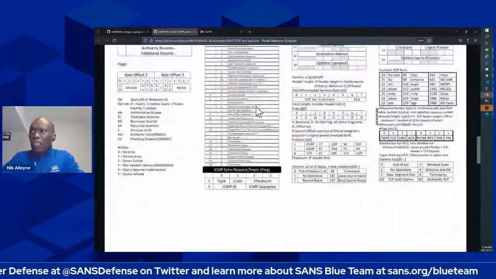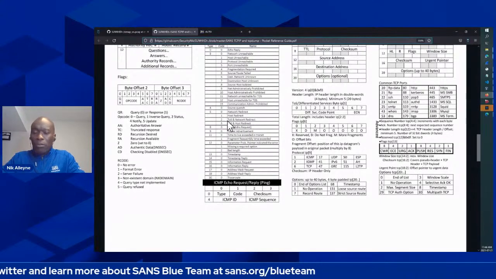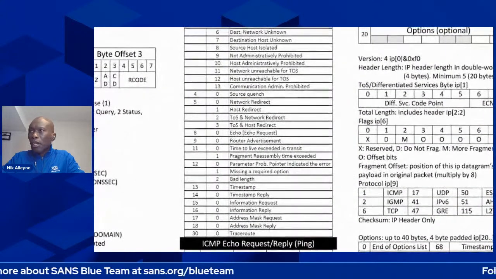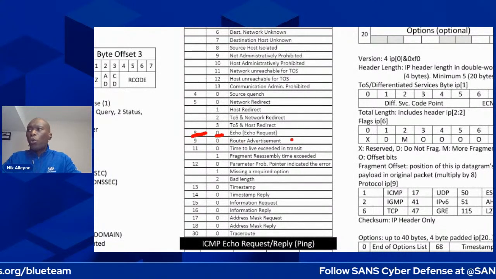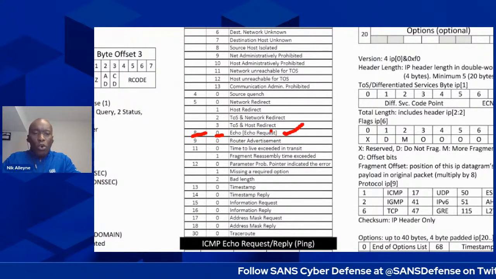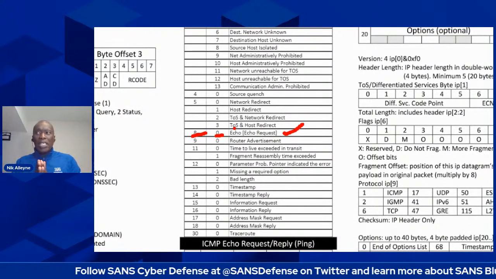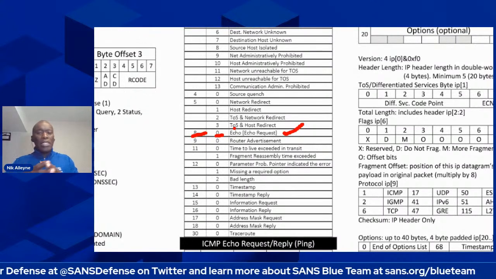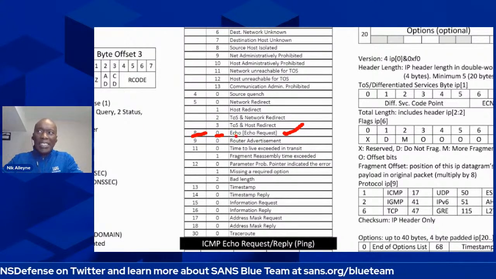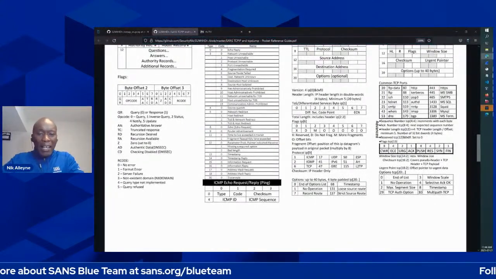So what I can do, if I scroll down here, right, we can come right here, and we can see we have a type of 8 and a code of 0, which says it is an echo request. So we have learned immediately what are the values that would be in the ICMP header that helps us to understand an ICMP echo request. Let's come out of here now and go back